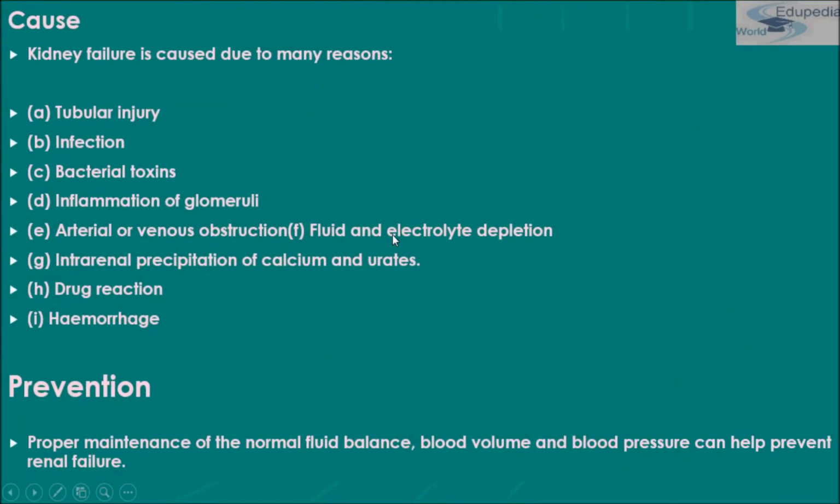Okay, so kidney failure causes are tubular injury, infection, bacterial toxins, inflammation of glomeruli, drug reaction, hemorrhage, arterial or venous obstructions, and fluid and electrolyte depletion. So these are the causes of kidney failure. And what is the prevention measure? Proper maintenance of the normal fluid balance, blood volume and blood pressure can help prevent renal failure. Okay,